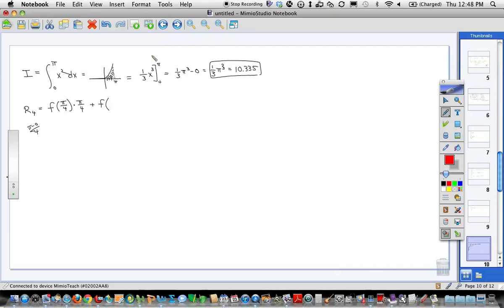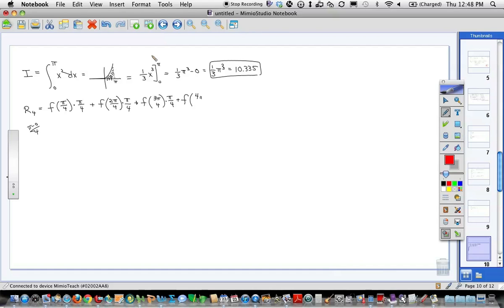Yes, pi halves is correct, but it will be easier to see the pattern if we write it as 2 pi fourths. Most of the time in these problems, we will not simplify things because it's actually easier to see the pattern if we don't. Plus f of 3 pi fourths times pi fourths plus f of